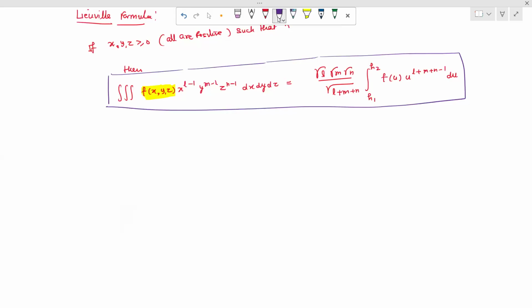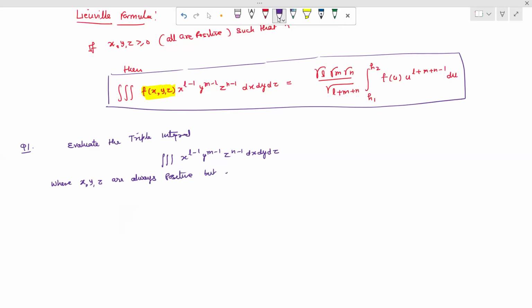First question we take as: evaluate the triple integral of x raised to the power l minus 1, y raised to the power m minus 1, z raised to the power n minus 1, dx, dy, dz, where x, y, z are always positive,